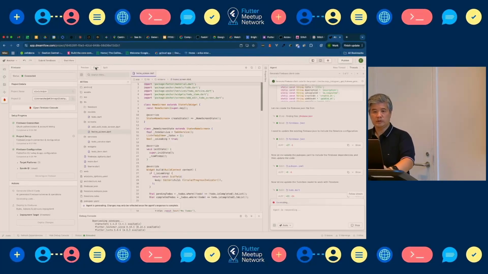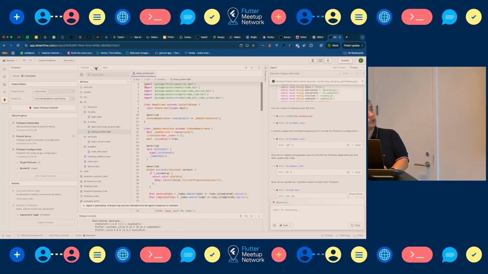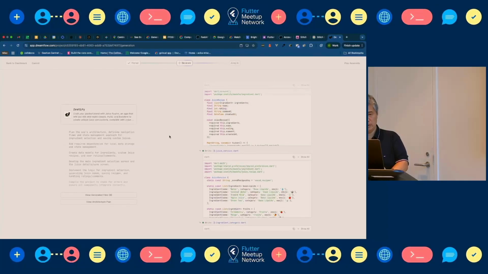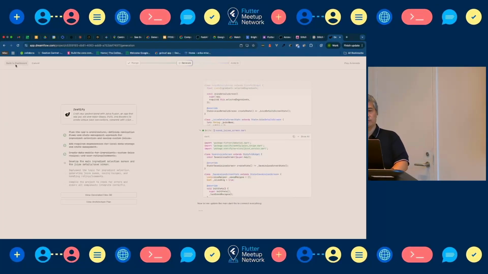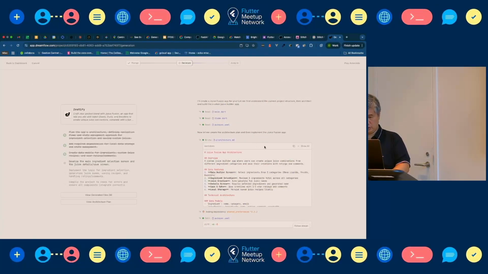What is also cool is that if you change something in the code, it will take into account the changes that you have done. Let's see if this one is still working. Still in process. Maybe we can check what it's going to do.